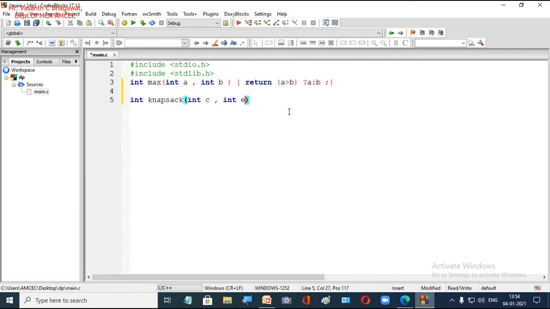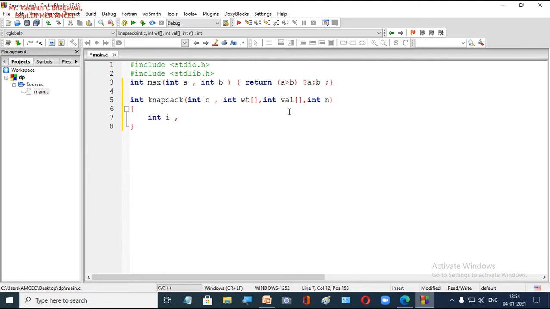Then weight: we consider the weights of all the items as a single dimensional array, weight. Then the values of all the items as a single dimensional array, VAL, which you can call either value or profit, and totally how many items have been given. These are the four arguments we are going to take in our function.